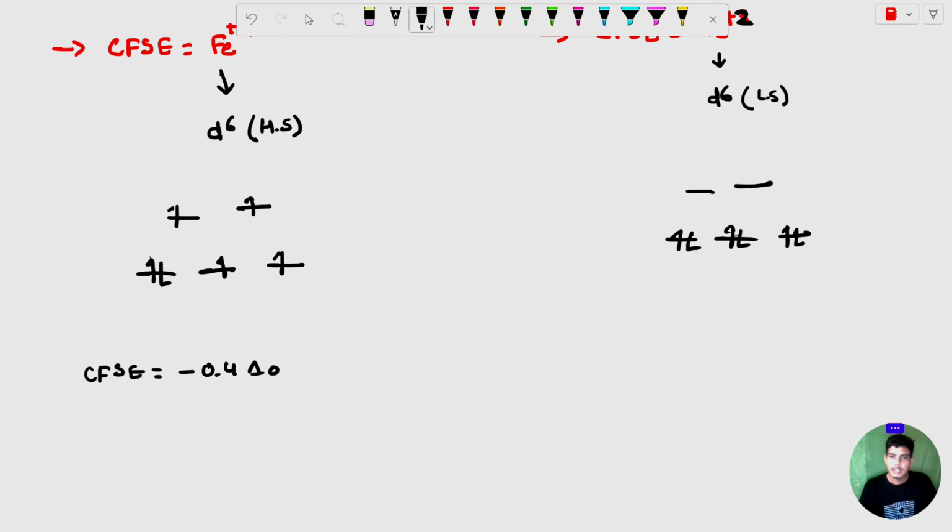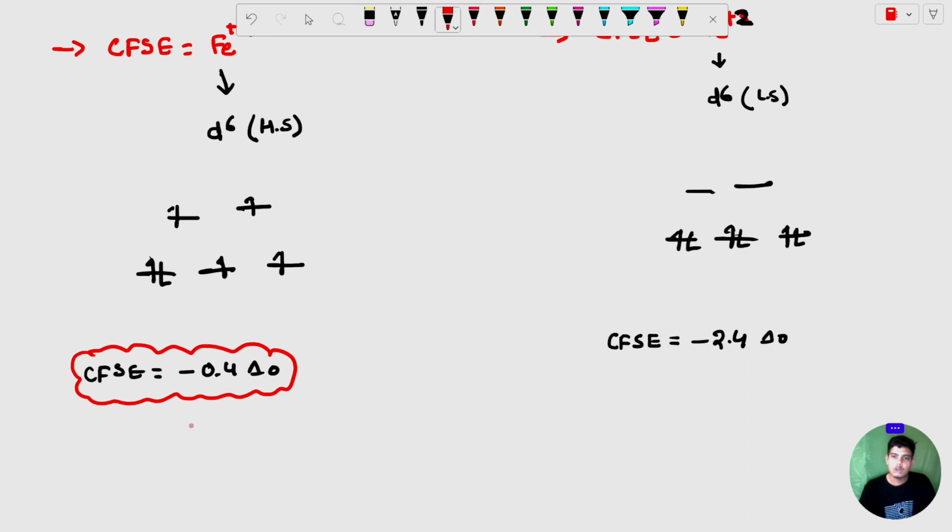Now I simply have to calculate the CFSE value for low spin. Okay, and the CFSE value of low spin for Fe2+ is minus 2.4 delta 0. Okay, now you can clearly see the CFSE value in deoxymyoglobin and the CFSE value of oxymyoglobin for Fe2+. Okay, the CFSE value of oxymyoglobin is much bigger than